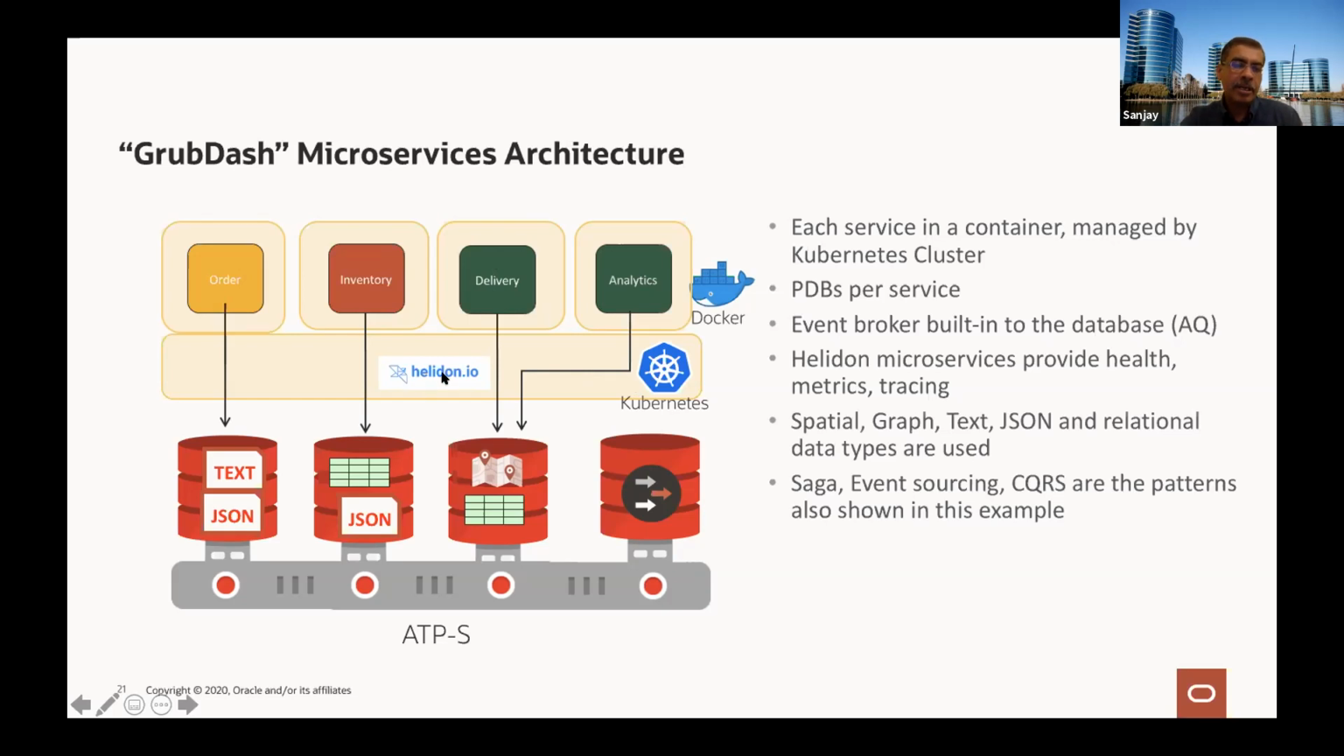We use Helidon MP, and of course we write it in Java, and that code is available for you to play with, to then take it to modify and build your own applications. And then they use PDBs, right? Each of these services uses its own PDB. We show text data, tabular data, spatial data, and messaging that is all inbuilt into the Oracle database. Right, so each service is a container, PDBs per service, event broker, Helidon, spatial, graph, text,